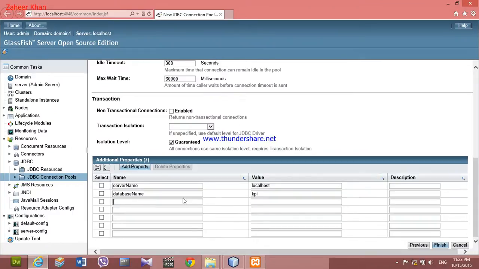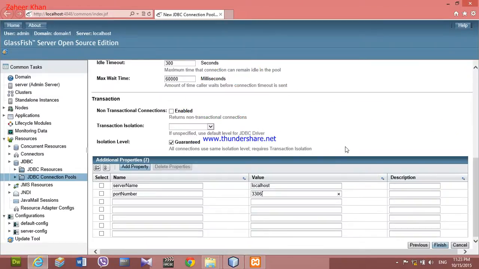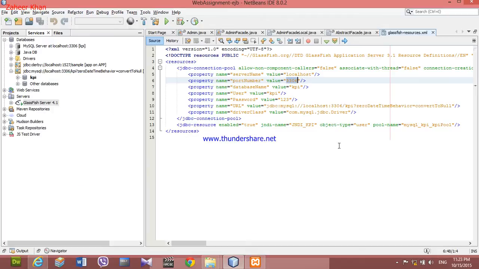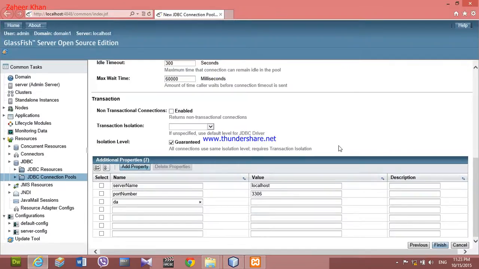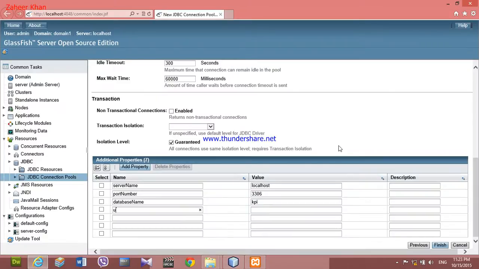Add port number. As a port number, 3306. Alignment is not a problem, but anyway. Now database name, KPI. Next, user, password and URL. User is KPI,